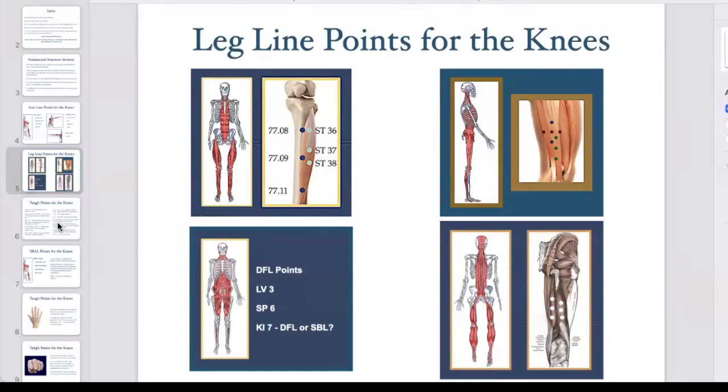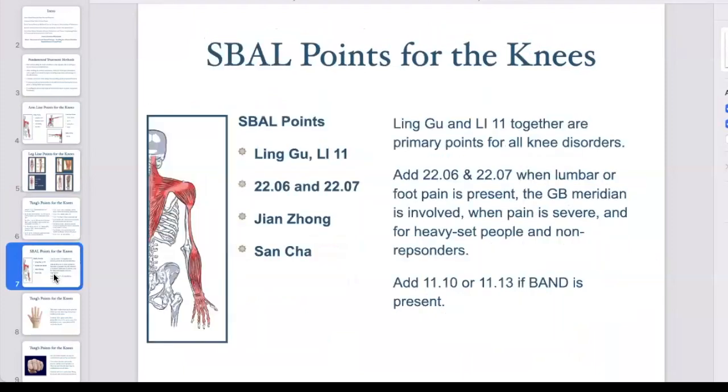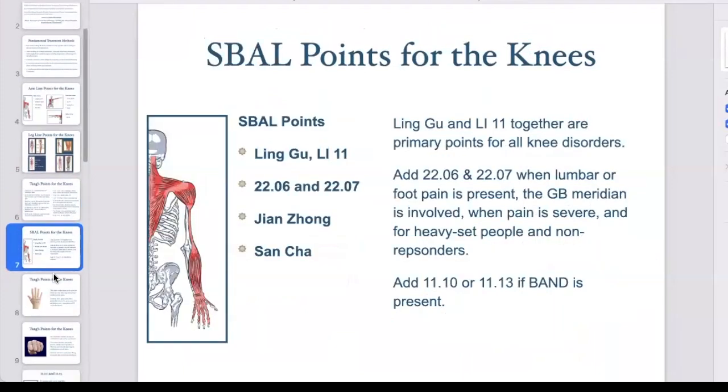Now, part of what you get in this course is access to recorded videos that I've already made. So I don't want to spend a lot of time on some of the stuff that's already in the course material, okay? There are videos waiting for you to watch that discuss the tongue points in greater detail. I've done recordings of this slide and the superficial back arm line points,